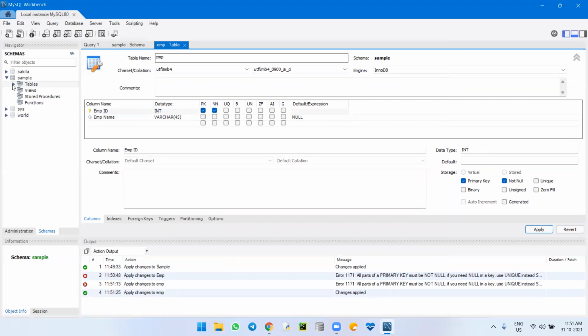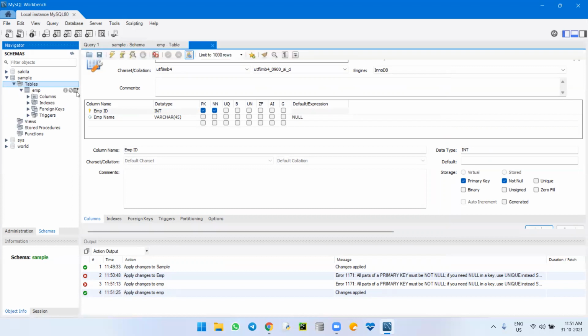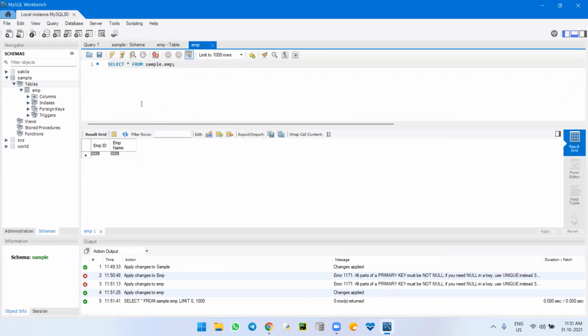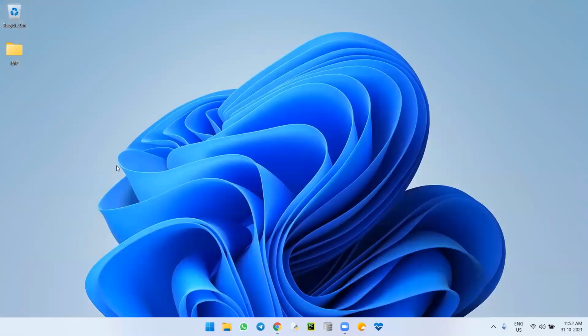Now this one table is created. You can see the employee table, and in this you can see the columns. The upper part is the query for that, and at the bottom you can see the employee ID and employee name fields. Like that, we will be creating databases, creating a new database, and we can also upload an existing database. So like this we need to do. Thank you very much for watching. You can see the rest of the videos further. Thank you very much.